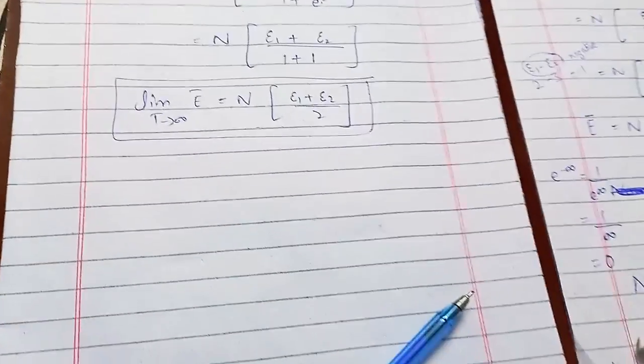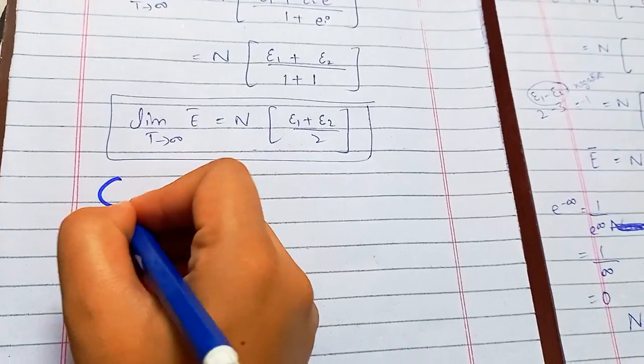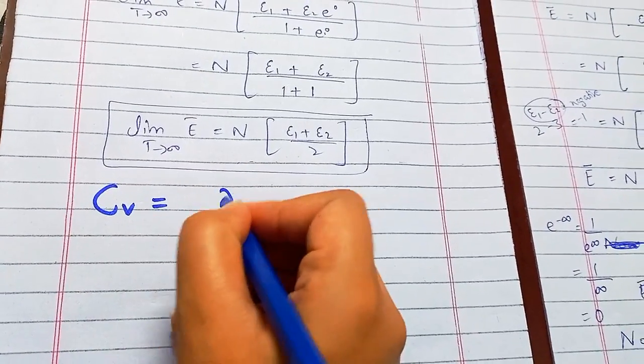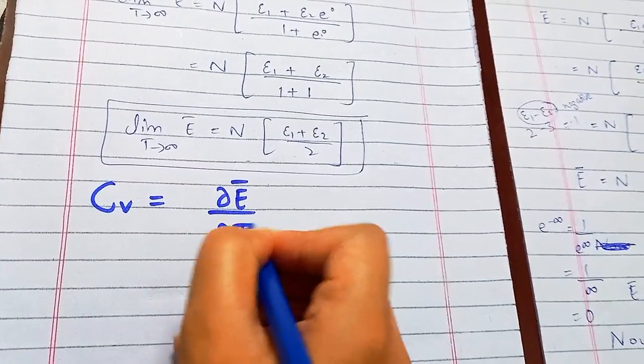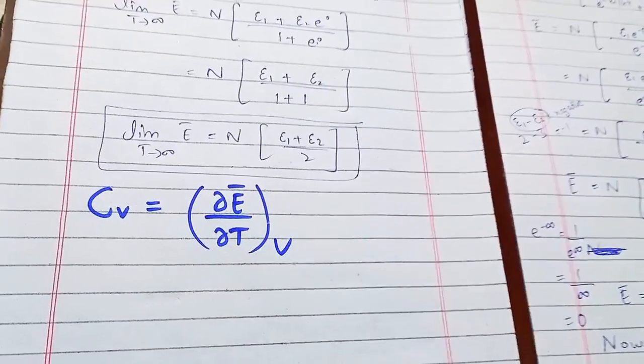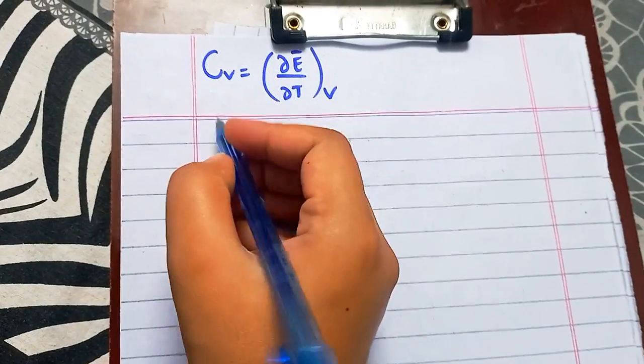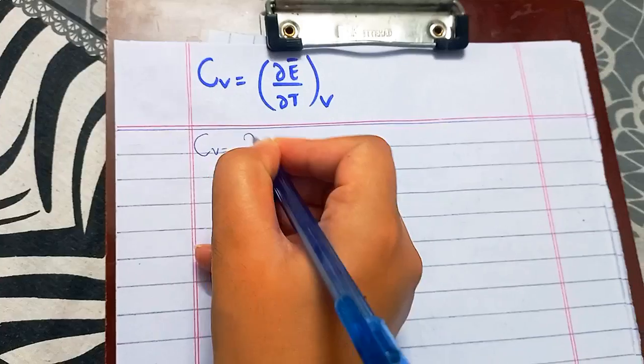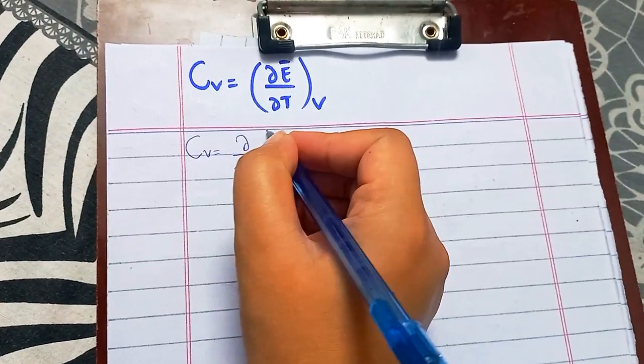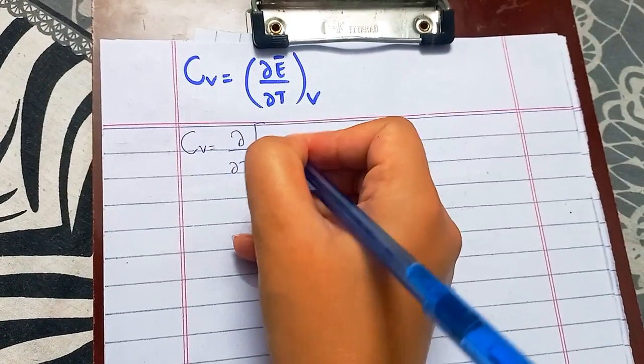Now we need to calculate the specific heat. Cv is equal to the partial derivative of E bar with respect to T at constant volume. Let's continue. Here we know the average energy. It's capital N